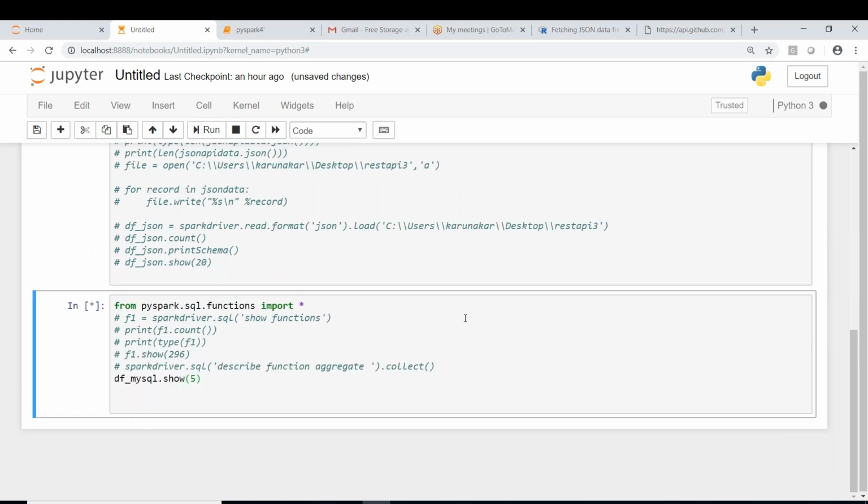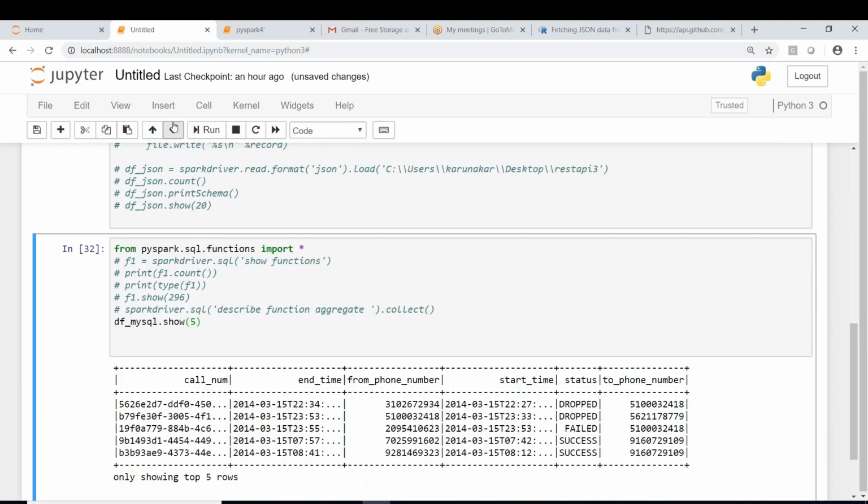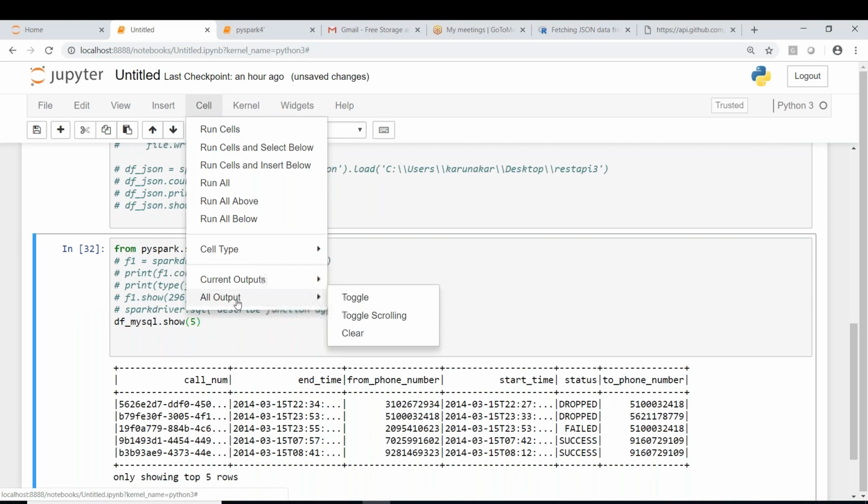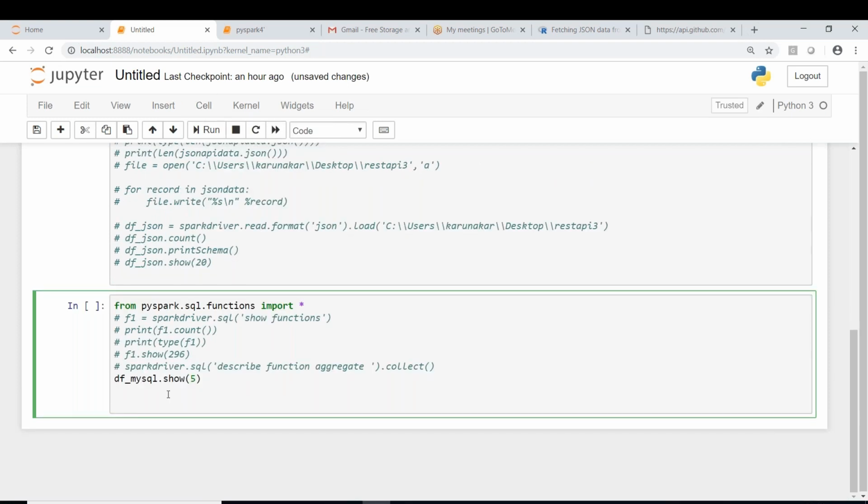Yeah, fine. Now, what I'm trying to show is, on a daily basis, I would like to write the data into some storage system. On a daily basis, in the sense, today the date is something, and tomorrow the date will be something else. So I would like to read the data from some source.